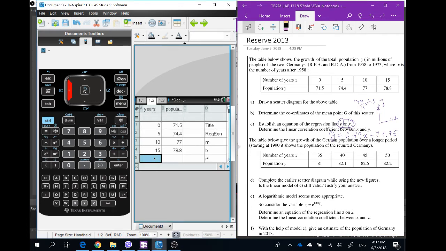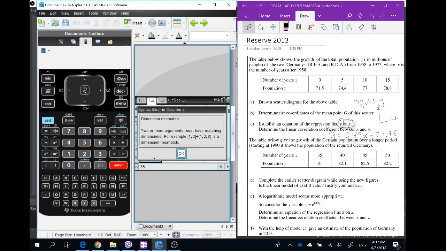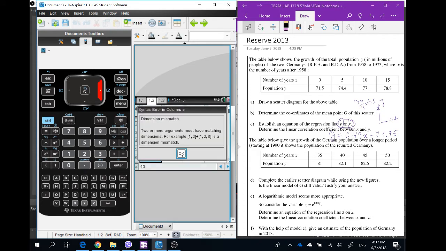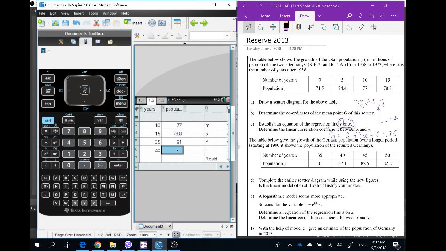For years, for example, 35, I have 81. For 40, I have 82.1. The calculator says that there is something wrong because